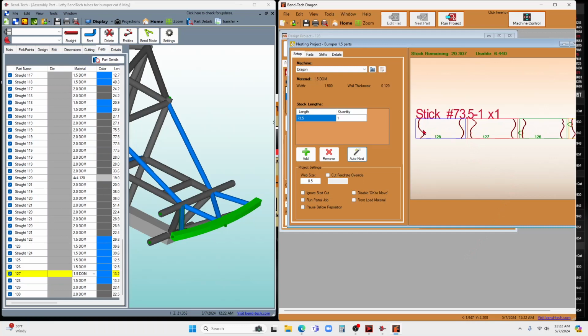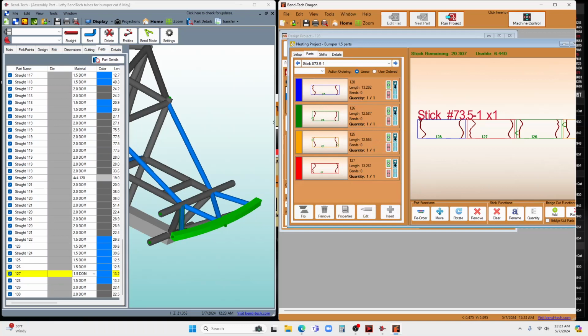Now, one of the things I remember watching when I visited Bend-Tech and thought was really nifty is, man, these tubes are so expensive. DOM is crazy expensive, and I don't really want to waste that much tube. So one of the things I can do is go back over to parts, click on one of these parts which are on this tube, rotate it to line up some of the notches, and then move it. I can select that and basically close the gap and give myself maybe just a little less waste